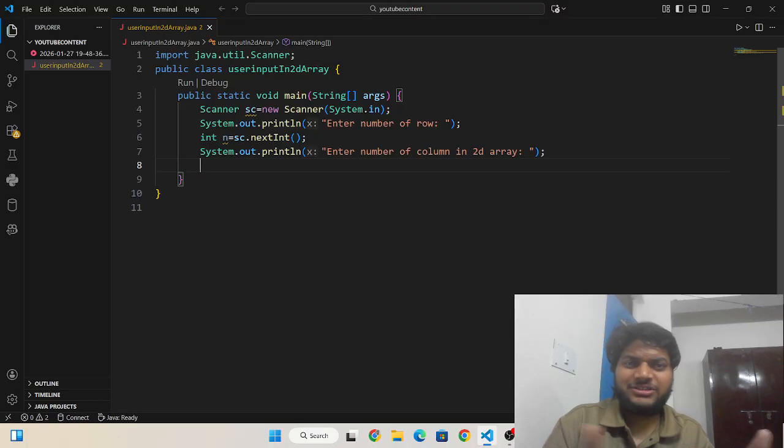So these are all examples of a two-dimensional array. This is the real application.